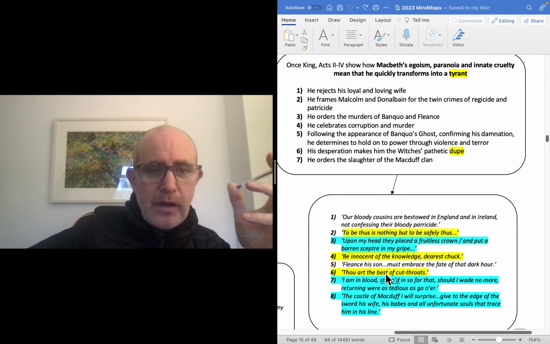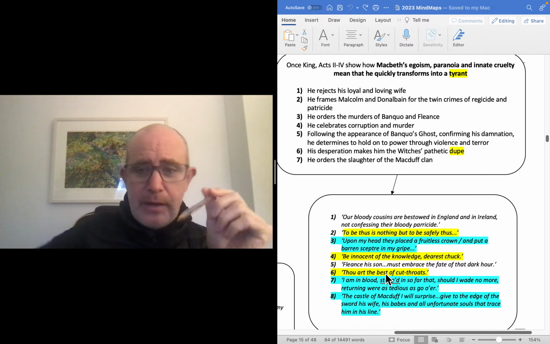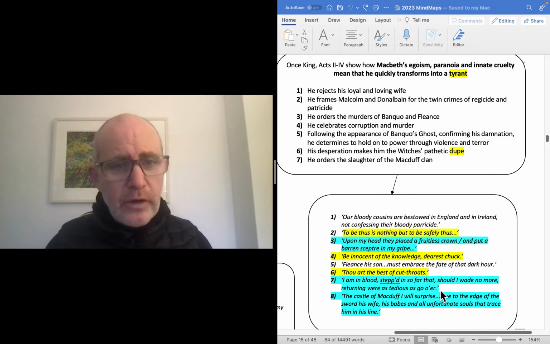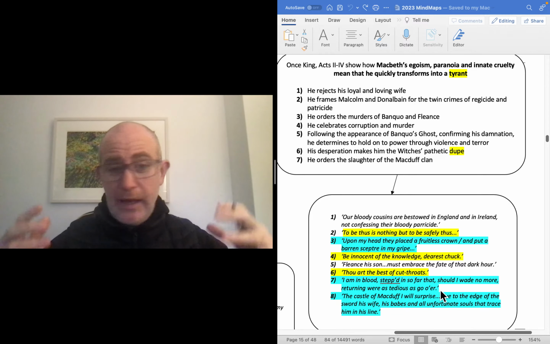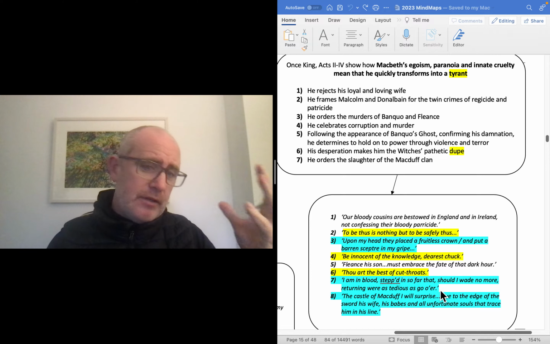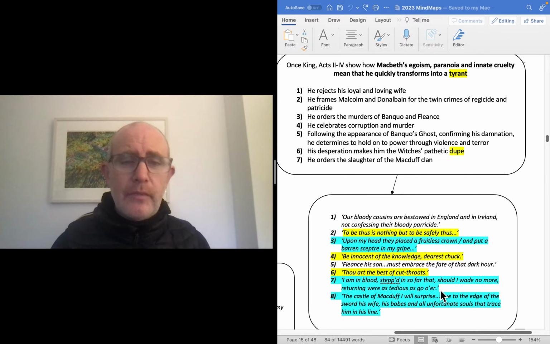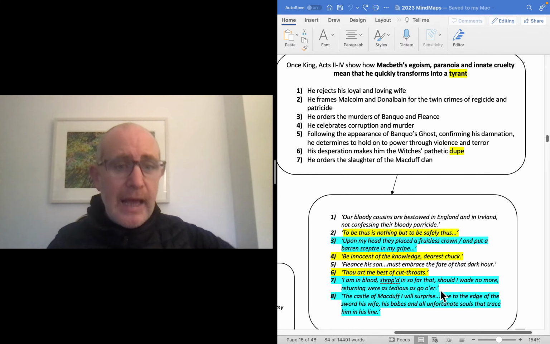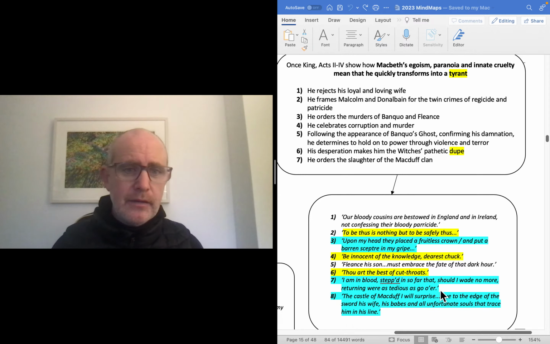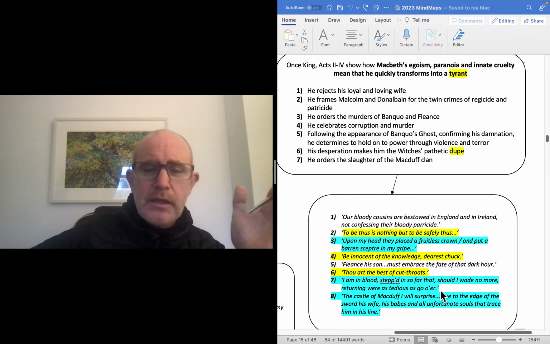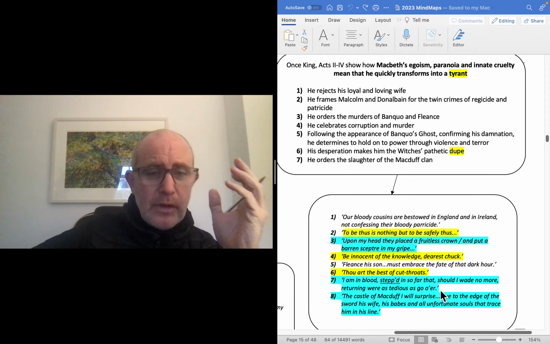His response there then is to say, "I am in blood stepped in so far that, should I wade no more, returning were as tedious as go o'er." Now that's a really important quote for imagery, for corruption, for evil, Macbeth's character, the play as a gripping drama. It's an extraordinary moment because what he's saying is, I'm going to hell anyway, so I might as well keep killing. And that's a moment where you go, wow, this is a very dark insight into the way